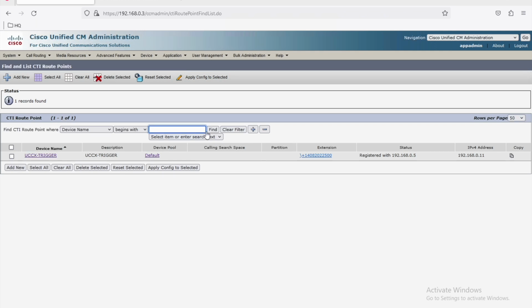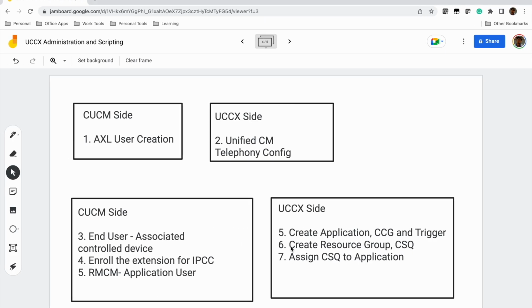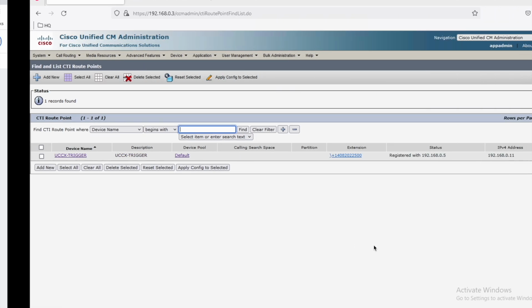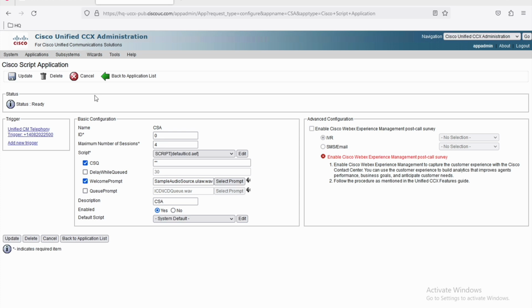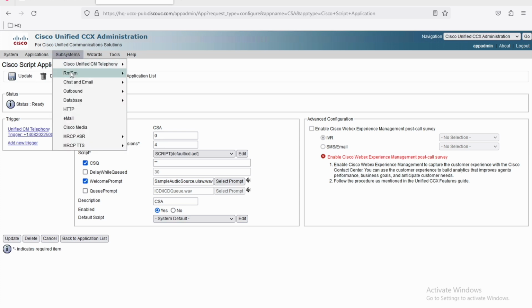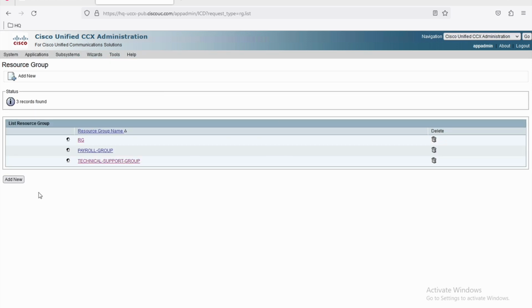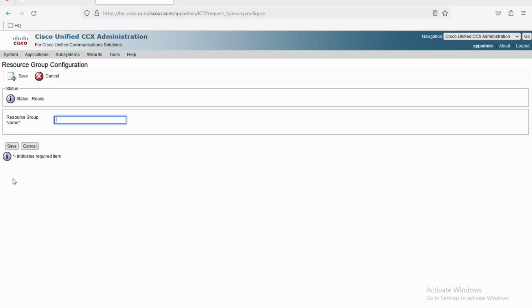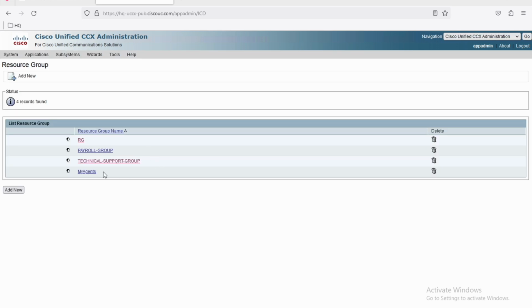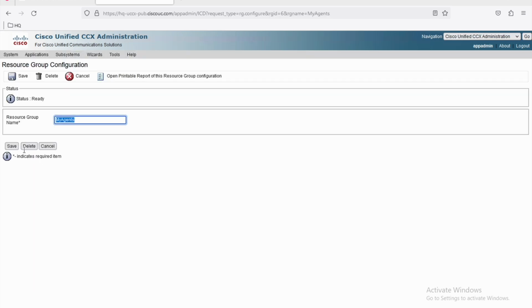Now let's go. The sixth step is to create a resource group and the CSQ. On the UCCX side, we'll create the resource group. We have a couple of resource groups already present in this page. We will create a new resource group. I'll name it my agents. Click save, and under my agents,